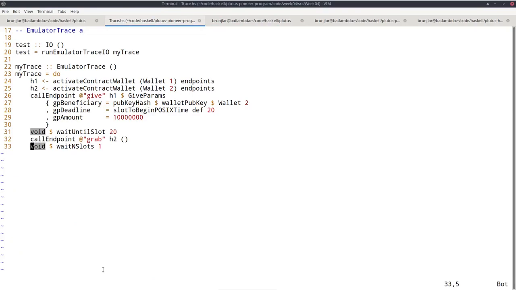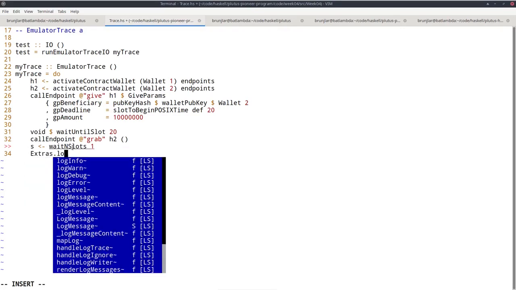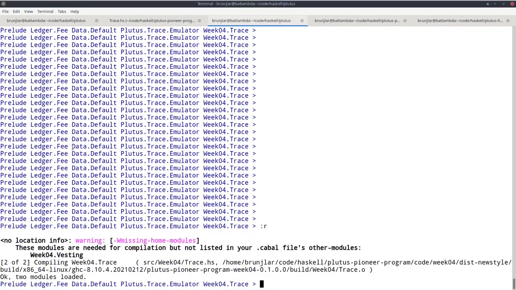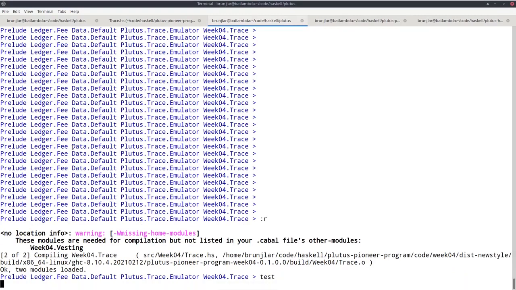One other thing that we can do in the trace monad is logging. We saw that we do see the log messages from the contract monad inside the trace, but we can also explicitly log from inside the trace monad itself. So for example, if we want to log the slot we reached here at the end, instead of ignoring the result of waitNSlots, we can bind it to a name. Let's call it s. And then we can use Extras.logInfo. That takes a string, "reached slot " ++ show s. In the REPL, if we reload and run the trace again,